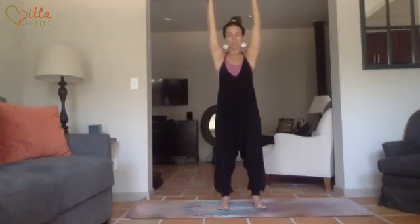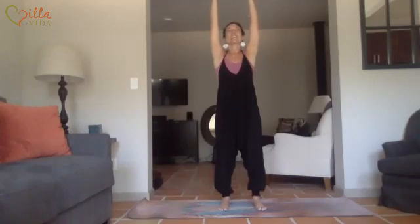As if you were a tree, root down through the 4 corners of your feet, and then reach really high, just like you could. Imagine you're touching the sky. 2 more cycles of breath, building strength in the spine and awareness in the mind. Final breath in. Exhale, you're going to